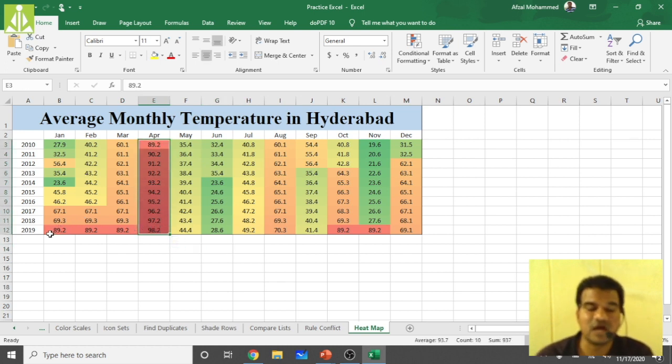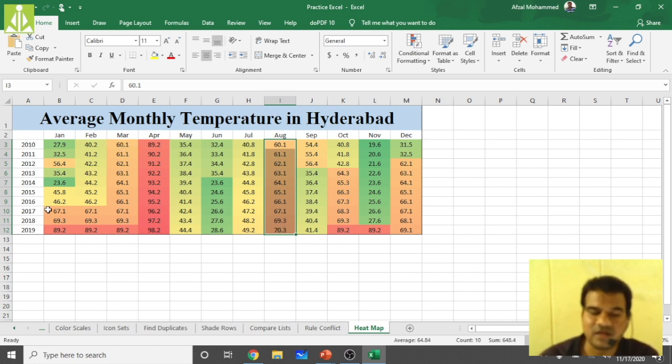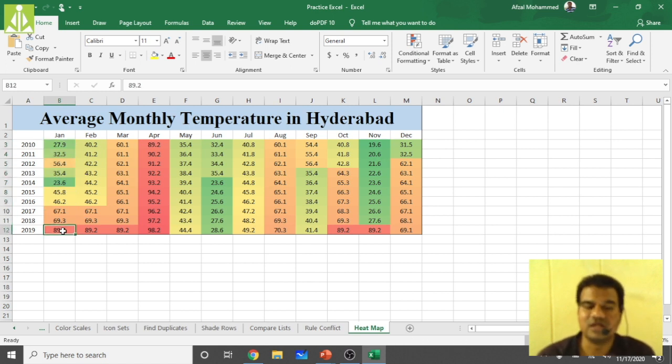In 2019, almost from January we got highest temperatures, and in October, November also we got highest temperatures likewise. And from 2010 to 2018, November month is the coldest month, we can say. So we can do the analysis like this. In July we have average temperatures, and in August also slightly increased temperatures. In January also we are having slightly increased temperatures, and here again the danger bell. In 2019 January we got the highest temperatures. Likewise, we can do the analysis by simply seeing the colorings.